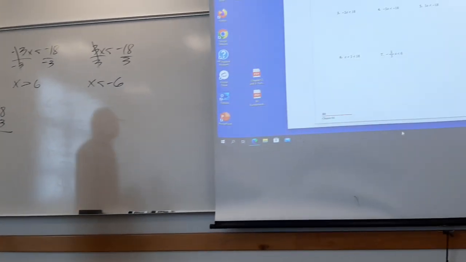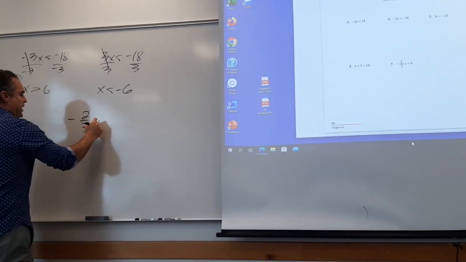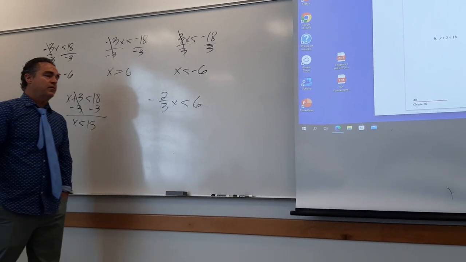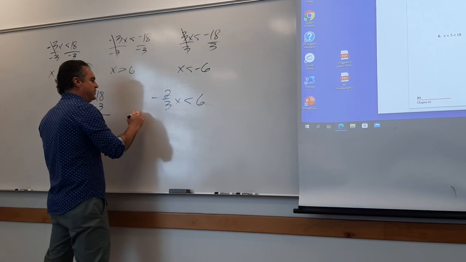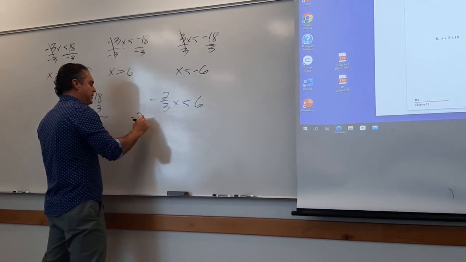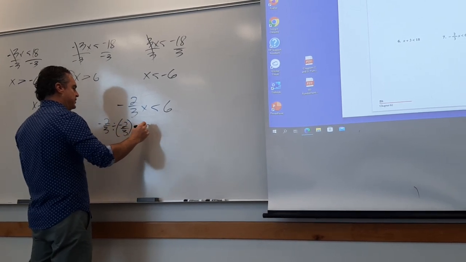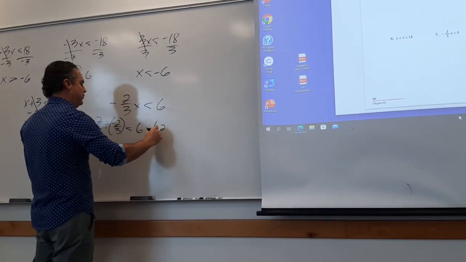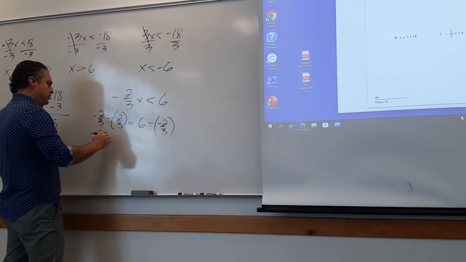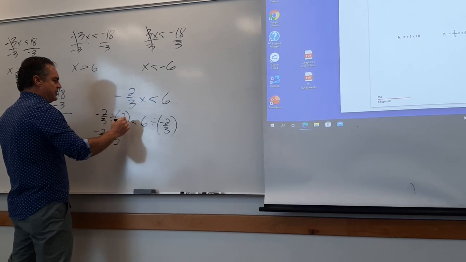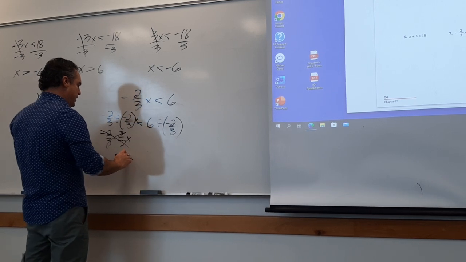Good. And the last one, negative 2/3 x is less than 6. Who's sharing sides with x? Negative 2/3 is being multiplied, so you're going to divide. So ultimately, you have to take negative 2/3 x and divide it by negative 2/3, which is going to be less than 6 divided by negative 2/3. This is an x here, my bad. And these cancel. And so x is alone. You have x is less than